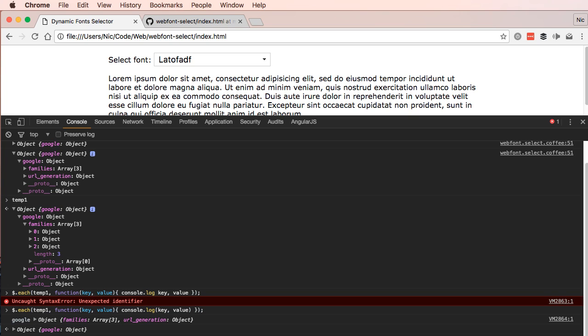Family switch. This one in particular is just an array thing. Right, so that'll get us into the actual